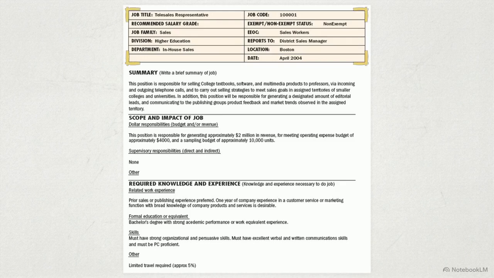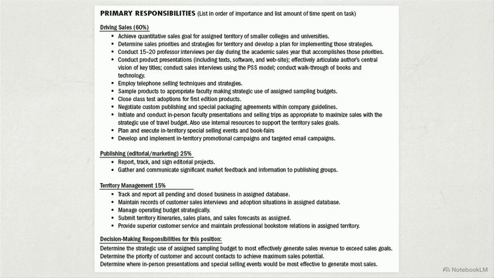It begins with the precise job identification details, like the title, department, and reporting structure, followed by a high-level summary that describes the general nature and major functions of the role. Under primary responsibilities, list major duties in order of importance, quantifying time spent on each task, such as allocating 60